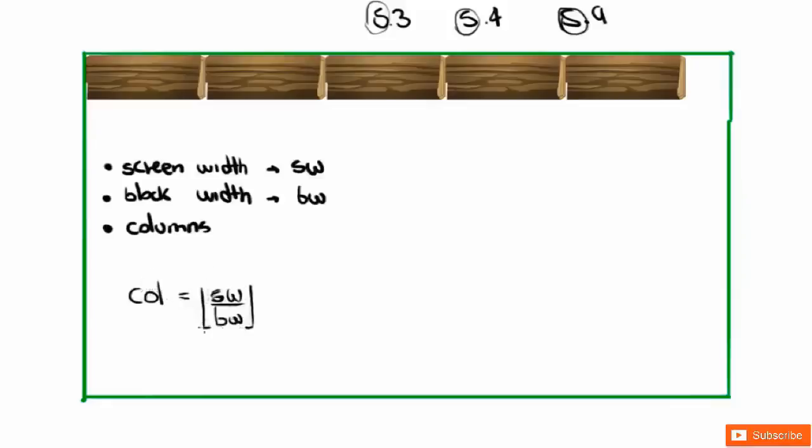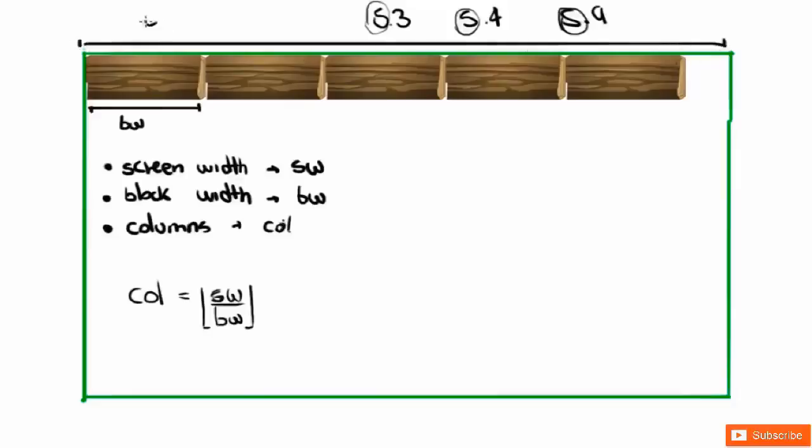But in this case, we're interested in the floor operation. By doing this, we are making sure that the number of columns is always an integer, and I'm of course representing the columns by col. And just so we put it all here, this is BW,